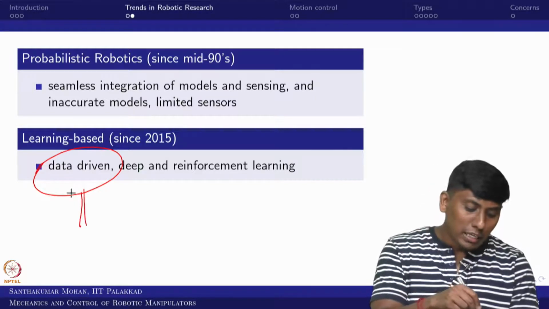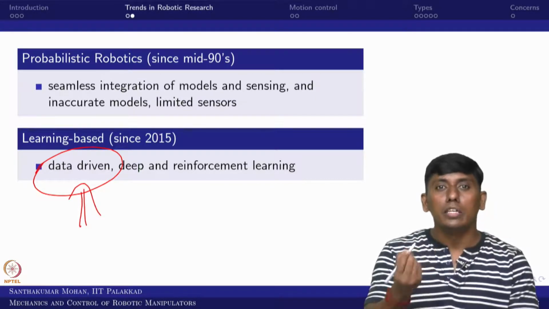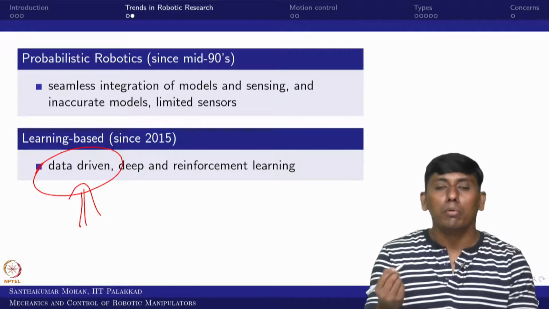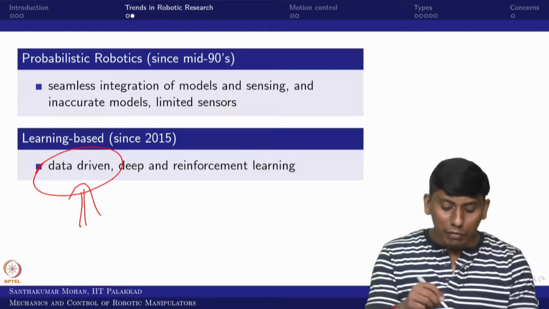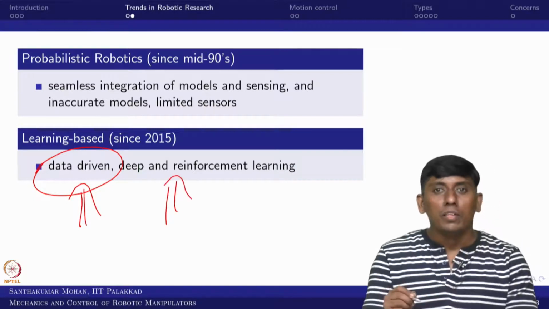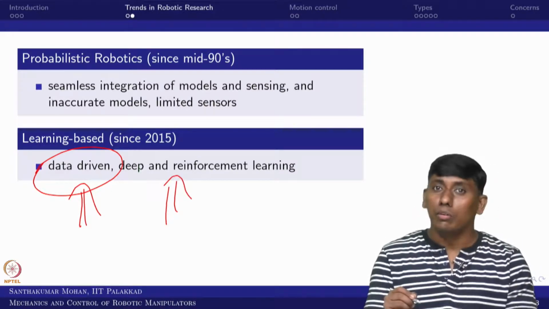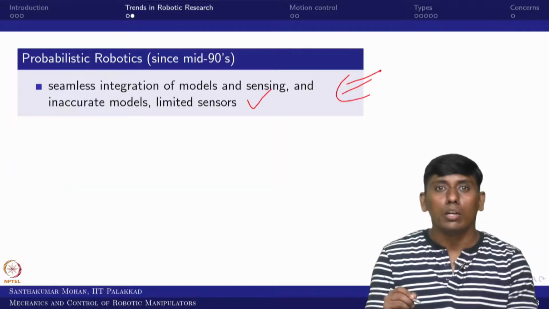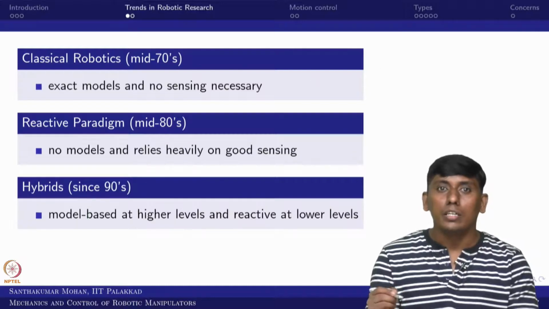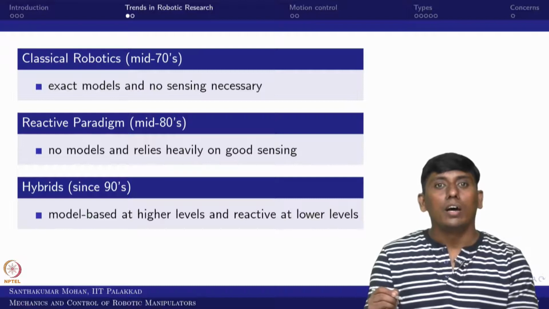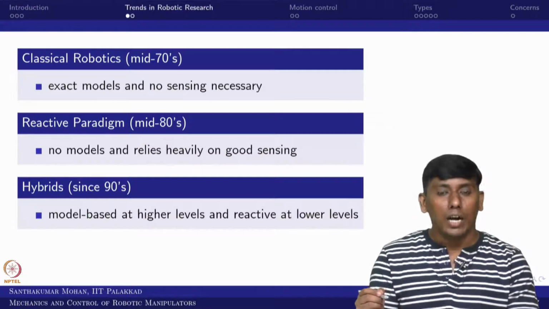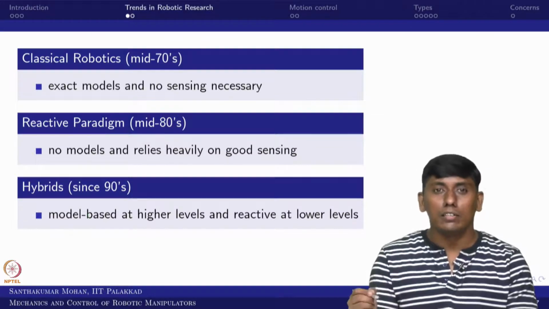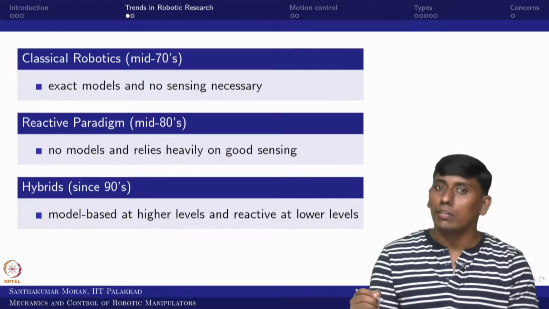If you are thinking about autonomous or some kind of intelligent manipulation, then definitely we can go with this. However, on the conventional side, you can still limit yourself to the hybrid, or to a certain extent, if the manipulator is working at very slow speed and the structure is well described, then we can still go with the reactive paradigm.